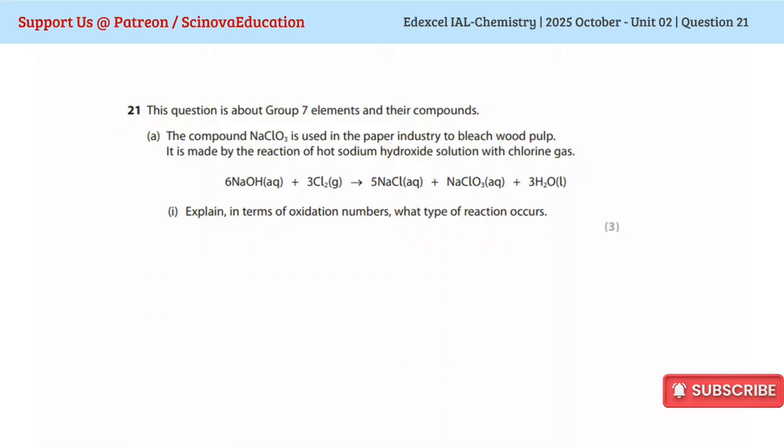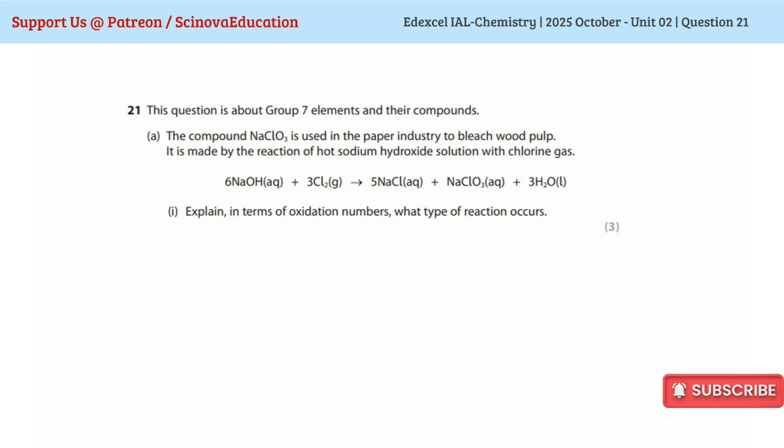Edexcel IAL Chemistry 2025 October Unit 2 Question 21. This question is about group 7 elements and their compounds. The compound NaClO3, sodium chlorate 5, is used in paper industry to bleach wood pulp. It is made by reaction of hot sodium chloride solution with chlorine gas, and the balanced chemical equation for